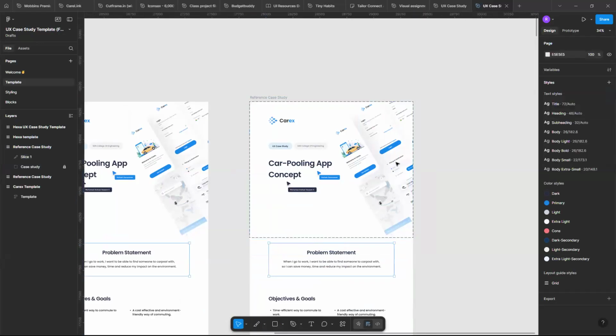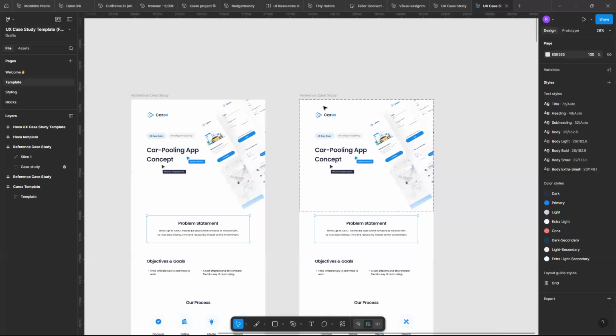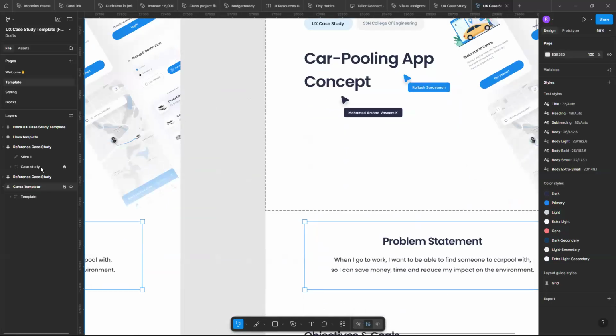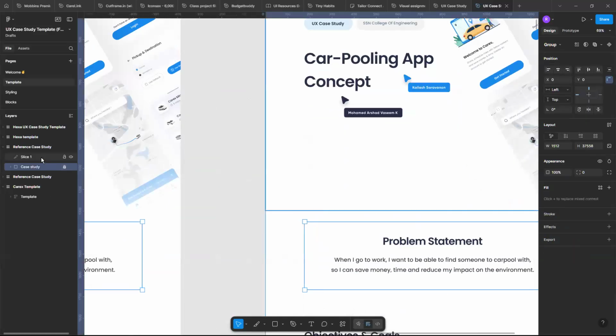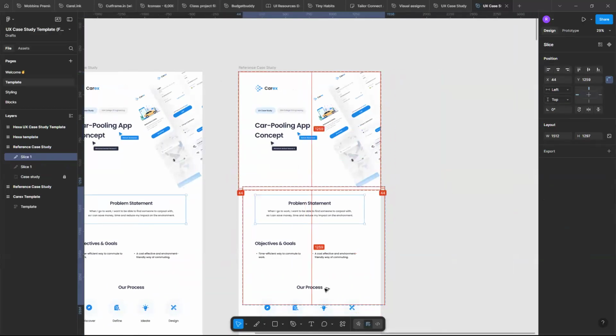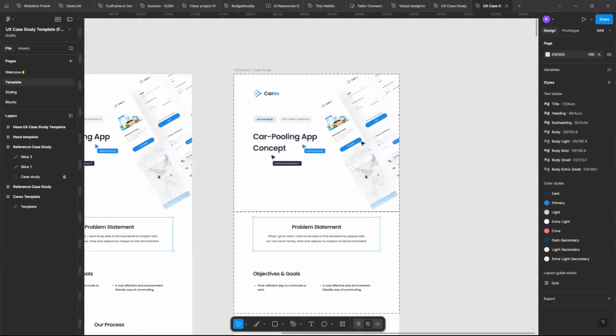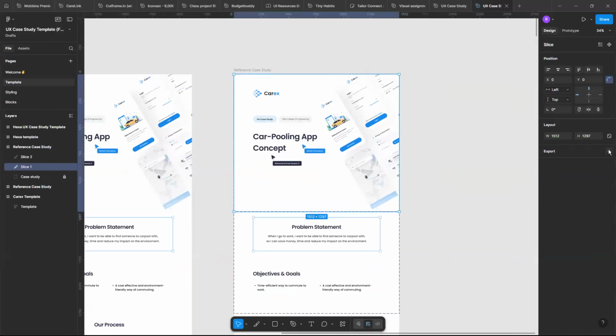So that is this, right? If you look close, you're going to see some dashed lines. That is your slice. I can duplicate this slice and get another one here. What this does for me is that if I click on this first slice and click on export,